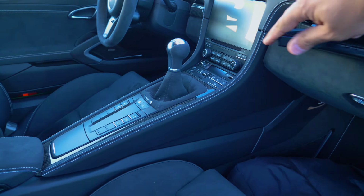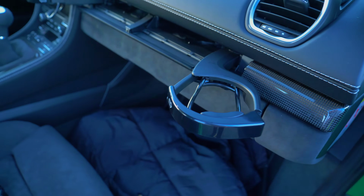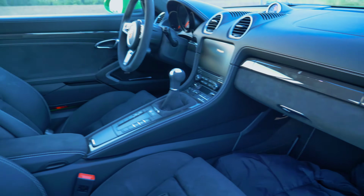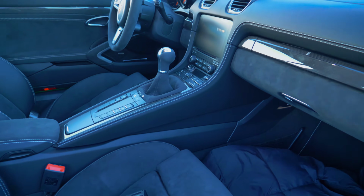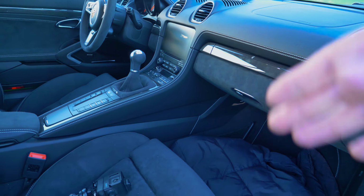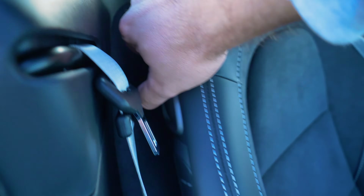They're quite handy, actually. They get bigger if you have bigger sized drinks, or smaller if you have smaller sized drinks. But what about other storage spaces, because you can't obviously store your mobile phone, for example, in the cup holders, right? Obviously. Well, the first thing you do is move this seat forward,